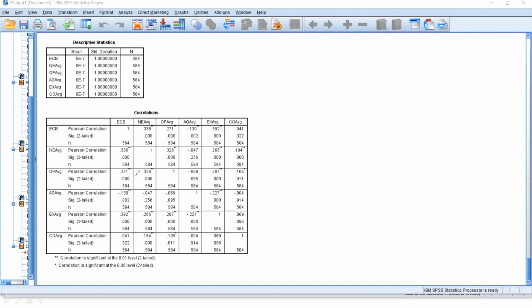So you have to make sure whether that issue is there, right? You can include this correlation analysis in your study and find out whether your variables are significantly associated with each other. If the variables are significantly associated, it gives us a green light that yes, we have the opportunity to do the regression analysis. Now, if ECB is the dependent variable, we can identify that one independent variable is statistically associated. This one is also statistically associated. This one is also statistically associated.